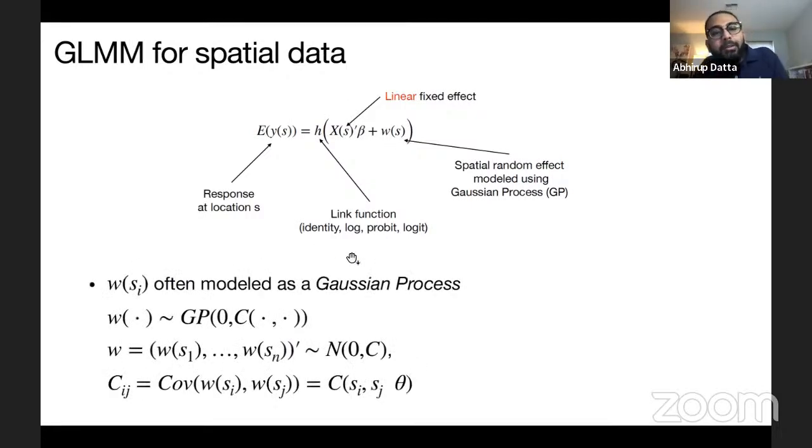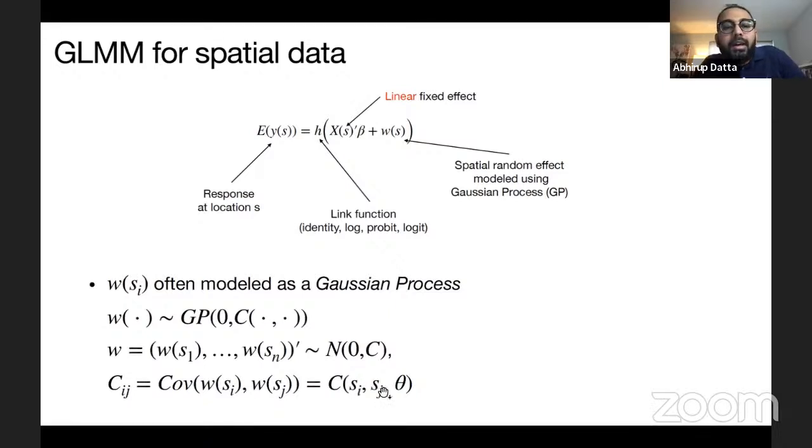So if you're not familiar with Gaussian processes, they're simply, if you have data collected at n locations, the spatial random effects W_S1 up to W_SN is simply a multivariate Gaussian distribution with mean 0 and a covariance C. And the covariance is where we can capture the spatial structure, in the sense that if we have two locations, S_i and S_j, then the covariance between the random effects W_Si and W_Sj is simply this C function evaluated at the locations S_i and S_j.